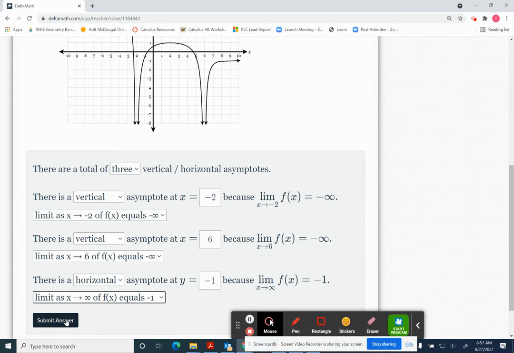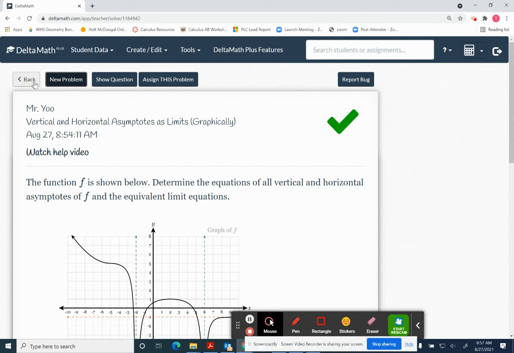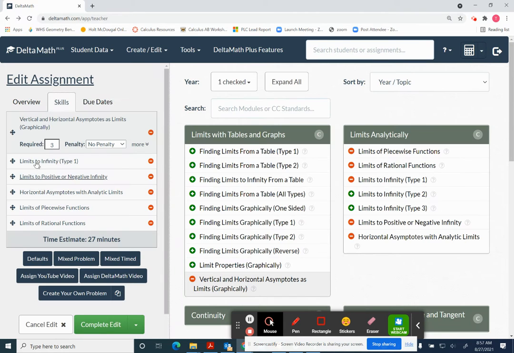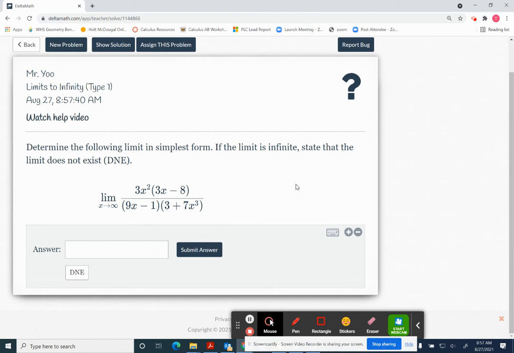Let's submit the answer just to make sure this is correct. Oh, thank God I got it right. Okay, so let's go back. All right, so these are limits to infinity. All right, so now this is where you need to use your graphing calculator, kind of. All right, but there is a shortcut. Okay, but